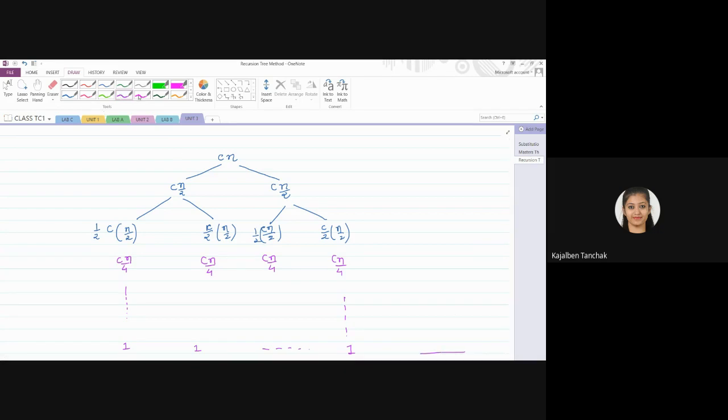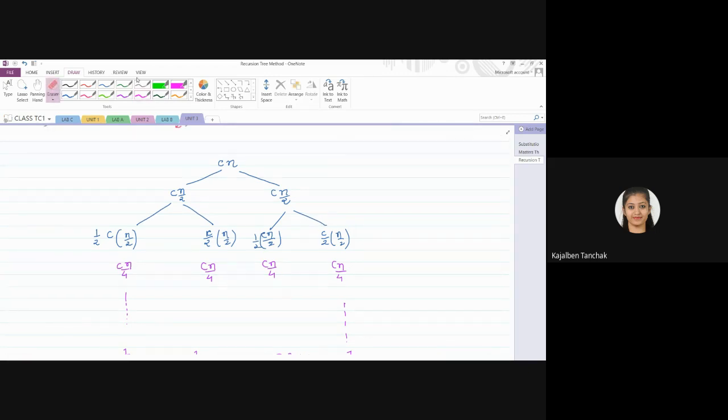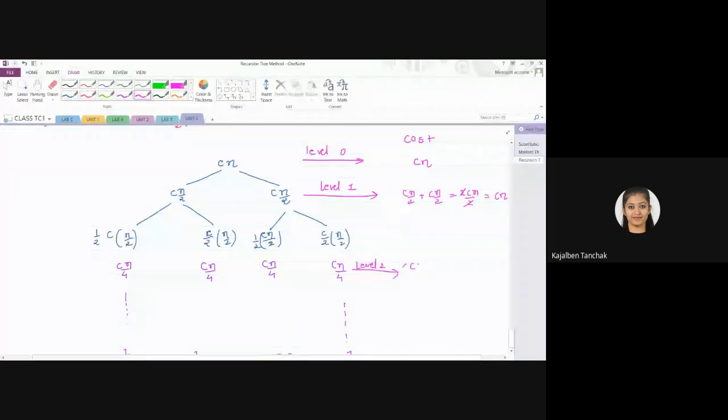Now let us find out the total cost, or simply the cost of each level. Okay, so let us find out the cost at level 0. Cost is what? cn. At level 1, what will be the cost? cn by 2 plus cn by 2, which is equal to what? 2cn by 2. The 2s cancel. So the cost is what? cn. Here at level 2,